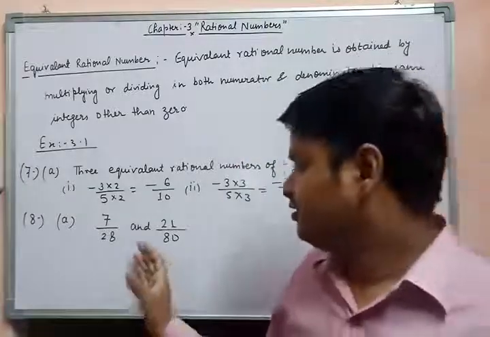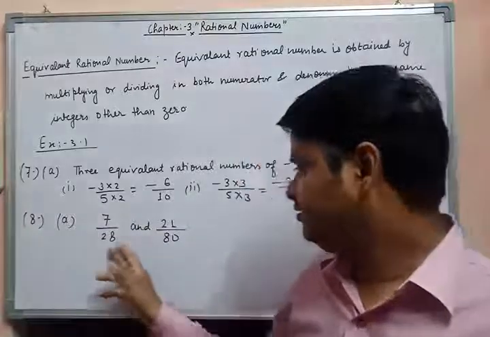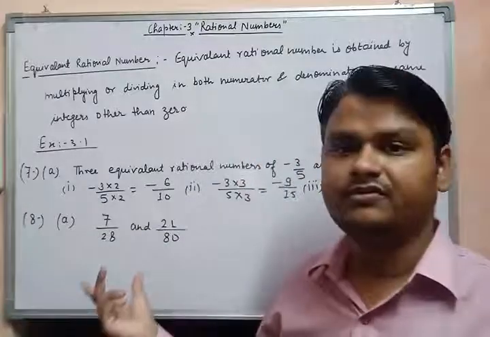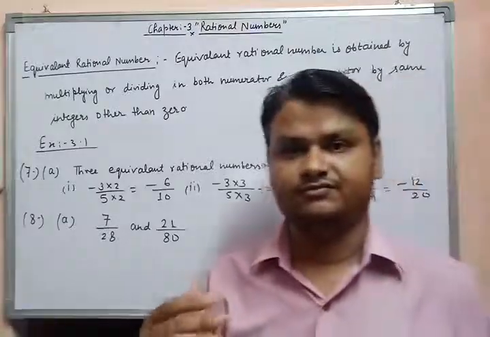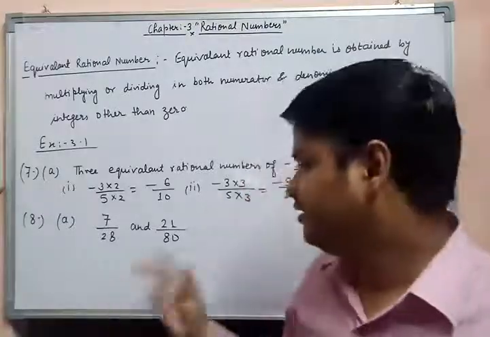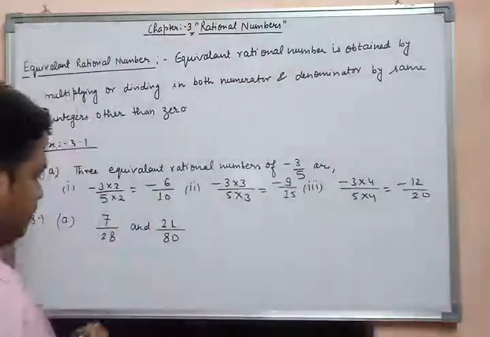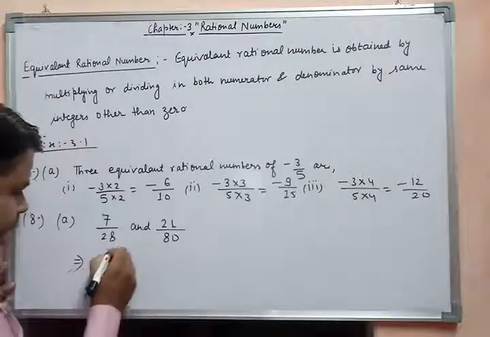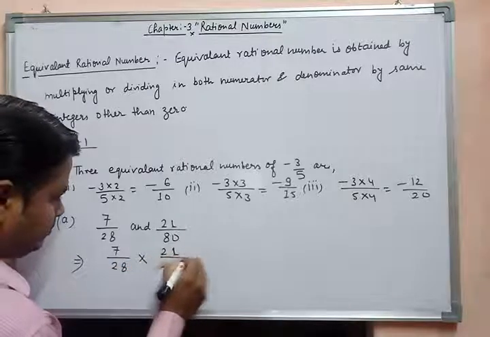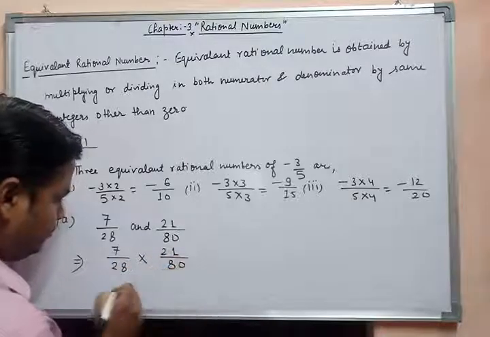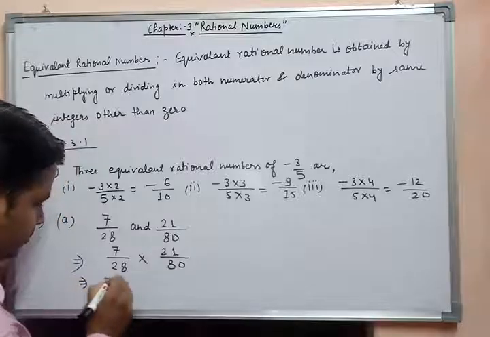Okay, so in this, if you want to check that both the rational numbers are equivalent, then you have to apply the cross multiplication concept like this: 7 upon 28 and 21 upon 80, then you will get 7 into